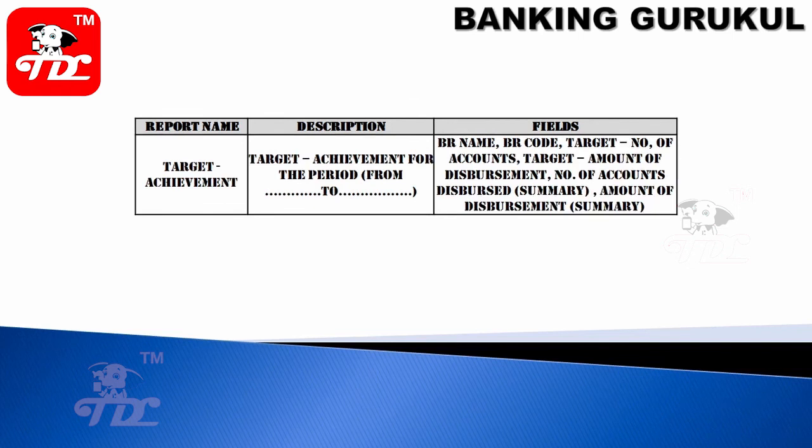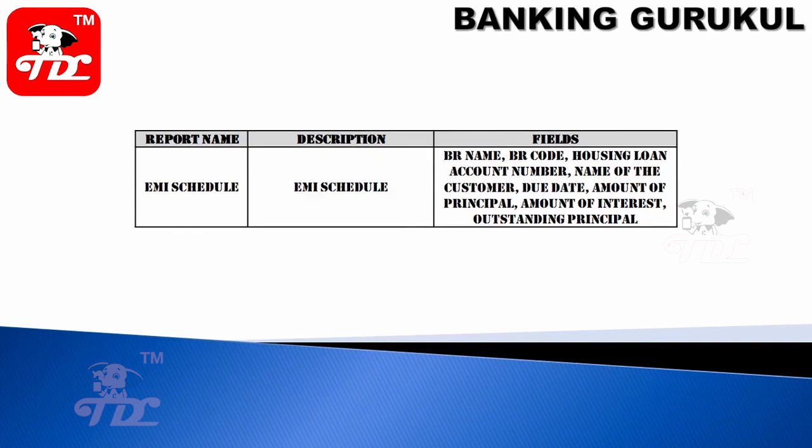Target and achievement. So target and achievement, every branch will have targets, March target, month target, quarterly targets, and what is the present situation from head office or corporate office or from the regional office. For every branch you can generate what is the target and what is the achievement and what is the number of days left. So you can follow up with the branch and see that the particular branch reaches the target amount.